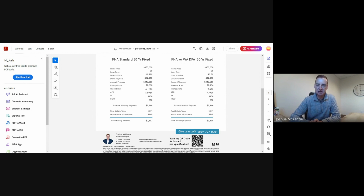So this page that I put together shows an example of a $350,000 purchase for a home using a standard FHA loan with the borrower's own down payment funds versus using the FHA loan with the Washington State Housing and Finance down payment assistance. With the FHA standard loan with the borrower's funds, the down payment on a $350,000 purchase would be about $12,250. And I know, like we were talking about, a lot of borrowers do have a few thousand dollars in their bank accounts, but 12 or 13,000 might take a little while to save up, right? Yeah. But if we get a tax return that bridges that gap and maybe gets us over the hump,